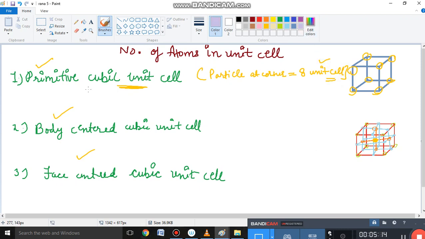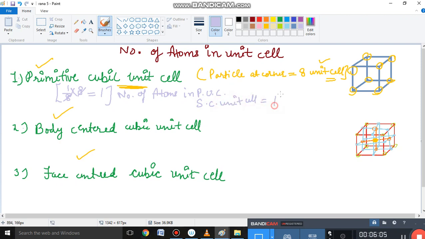So that means only 1/8 of an atom actually belongs to a particular unit cell, because around the particle at least 8 unit cells are surrounding it. It lies in between 8 unit cells, so how much of its own part does it have? It is only 1/8. And as we know there are 8 corners, that means 8 lattice points and 8 particles at the corners, so we can easily calculate the total number. That is only 1. So the number of atoms in a primitive unit cell, or simple cubic unit cell,